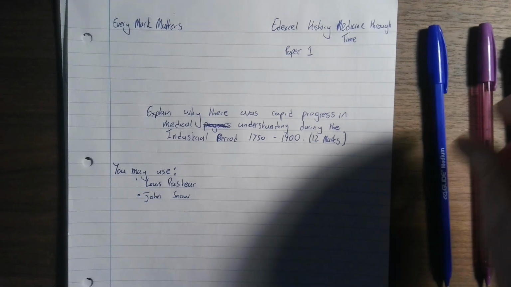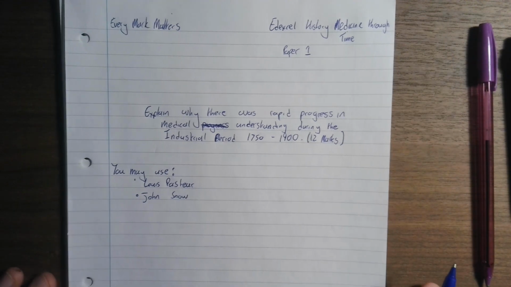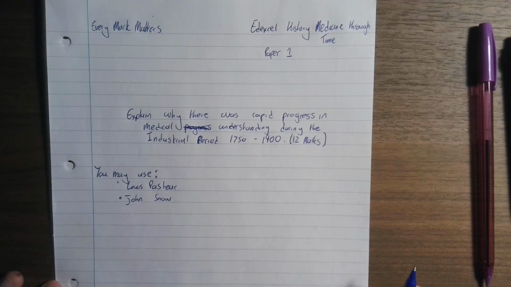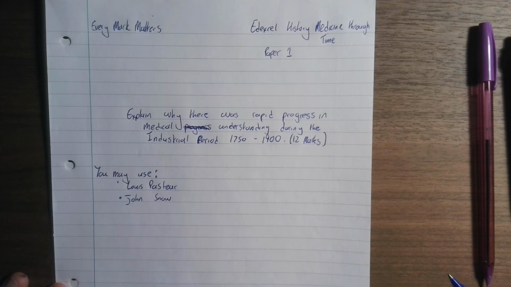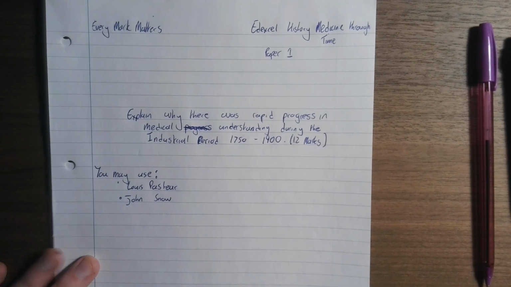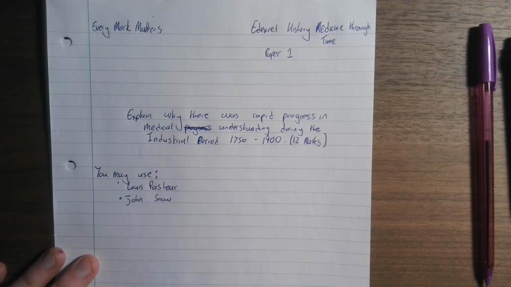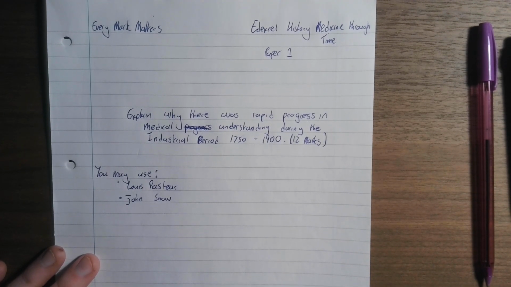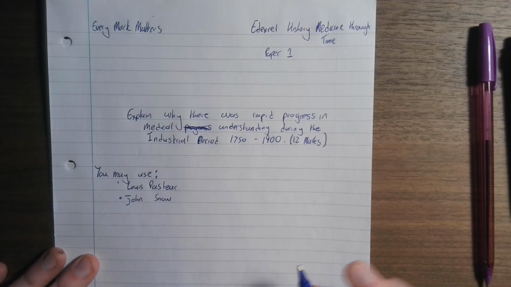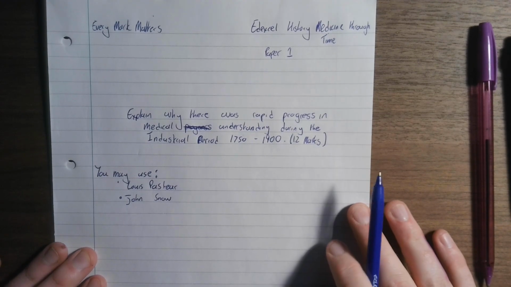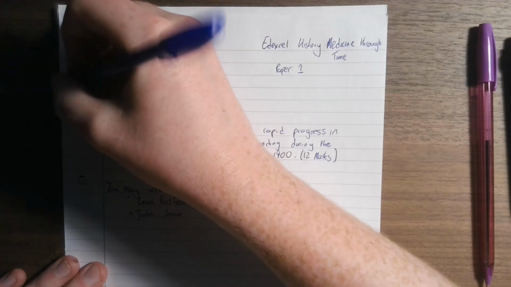Okay, right, so what we're going to do is break apart the question. These exam questions are made up of 3 parts. They are made up of something called a command phrase, a focus, and a second order concept. So we'll start by having a look at the command phrase. And our command phrase of this question